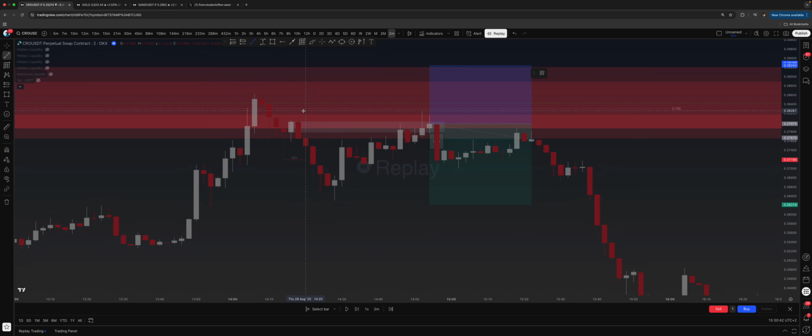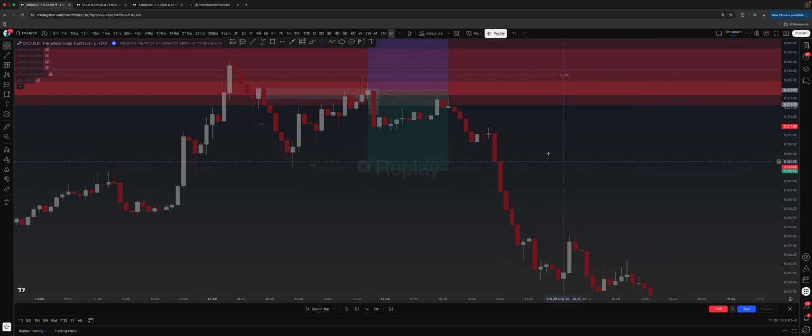right? You don't want to wait for too much confirmations. Like I said, it's a good level, and if you're like, okay, I'm going to wait till we get a break of structure here and then a retest, then I'm going to enter, well, look what happens most of the time, right? You miss the whole move. You need to have more confidence,